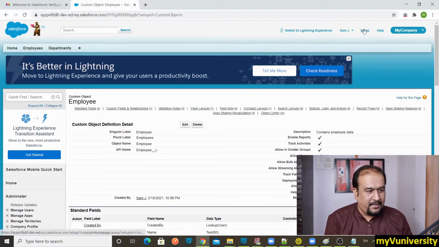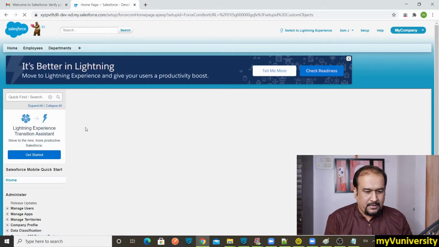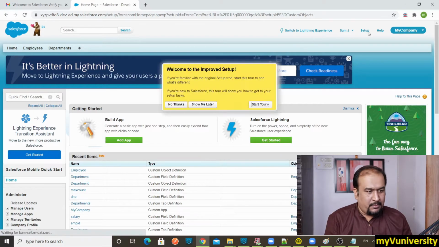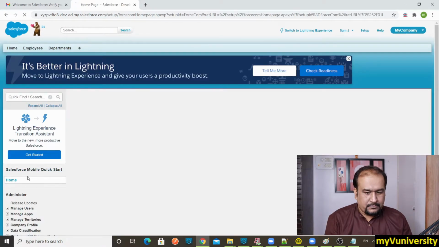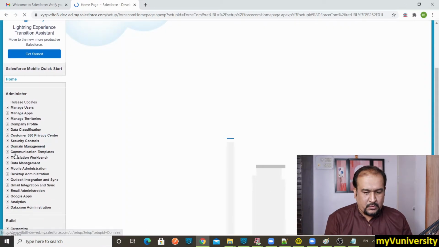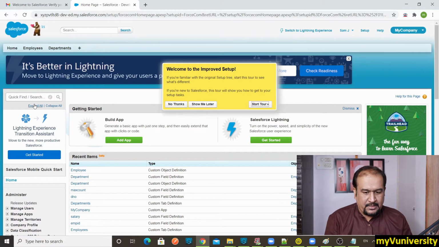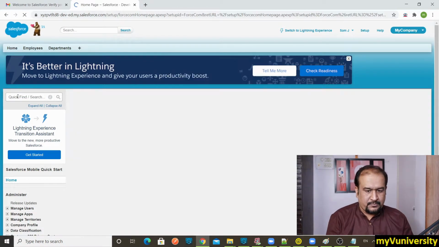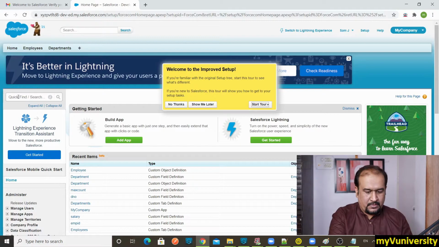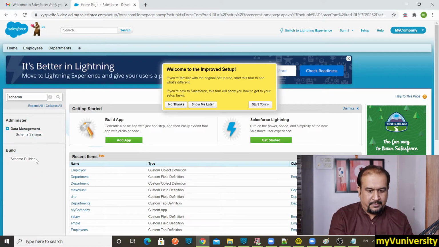I will show you in the Schema Builder. Click on Setup and get into Schema Builder. In Data Management somewhere you will have Schema Builder. Let us search for it.